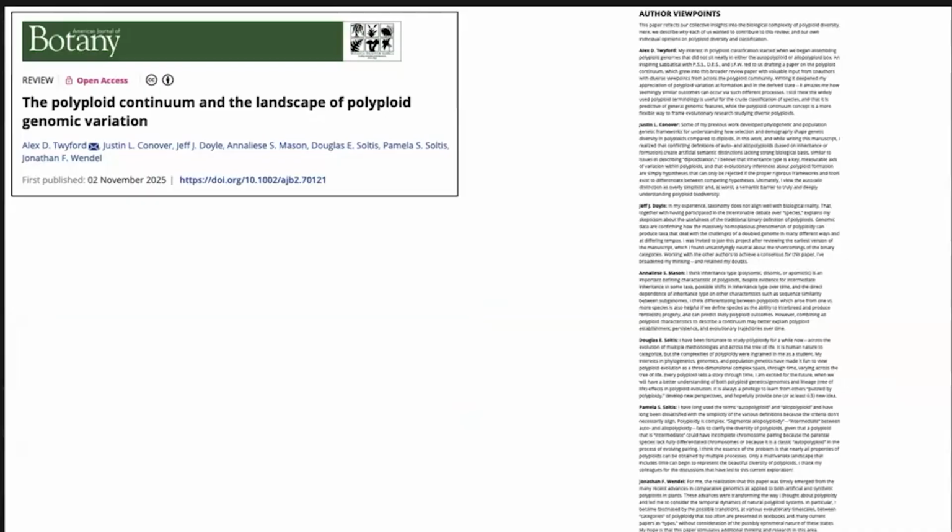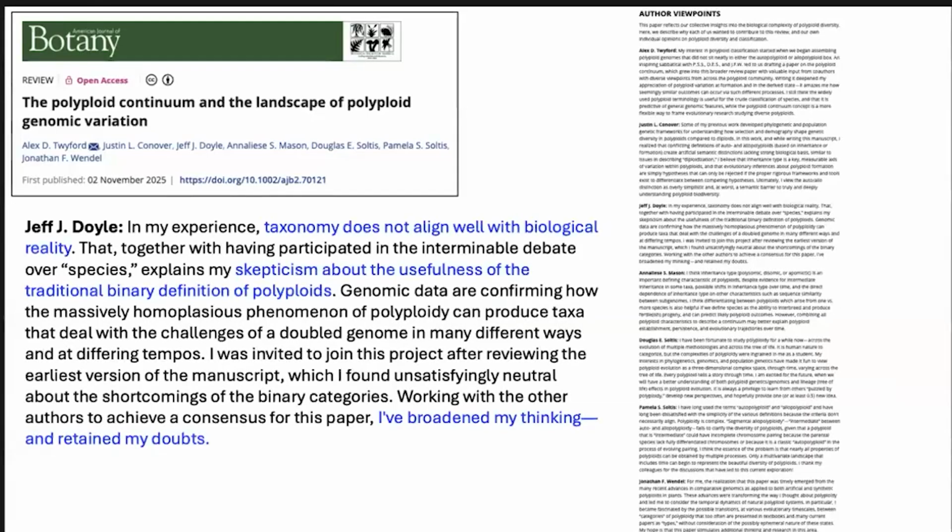Okay, so each of us was given an opportunity to say what we really thought about the situation. And so here's what I said. In my experience, taxonomy does not align well with biological reality. That, together with having participated in the interminable debate on species, explains my skepticism about the usefulness of traditional binary